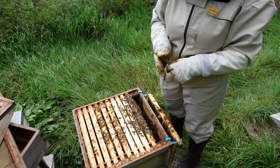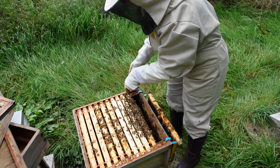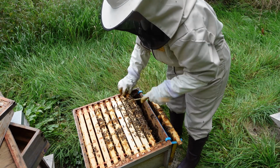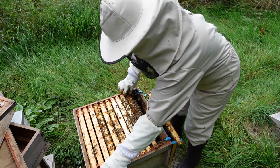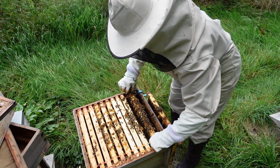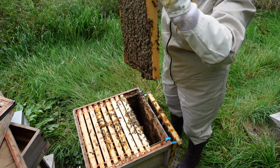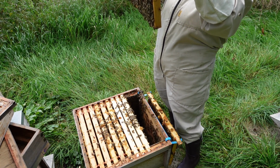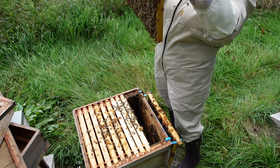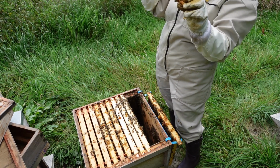Alright, we're on the next hive now. This one doesn't look that busy again, but I've already used the smoker. It was busier than what you see now, but just slightly less active than the other hive. But what I see, I am very happy in here. So can you see I've already taken out one frame, resting on the little handy tool, and I'm on my second frame